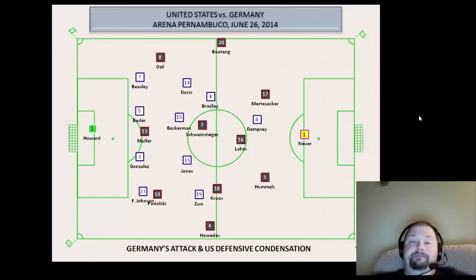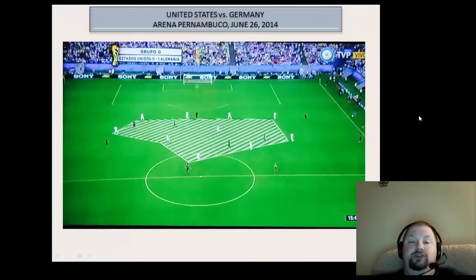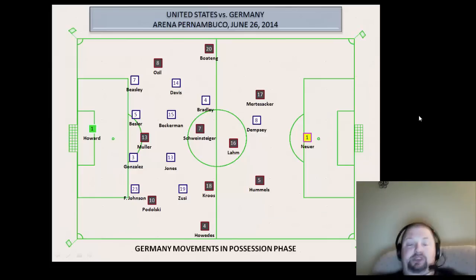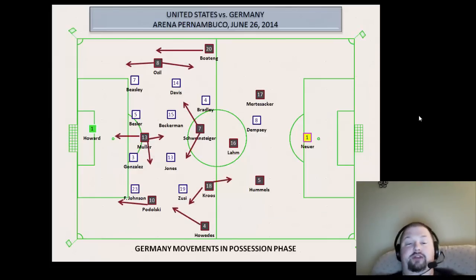So you have to give the U.S. kudos as far as keeping the score manageable, keeping the game tight, not letting it get out of hand. This is just a picture that Kartik Krishnaiyer put up on the site today, Thursday, that basically shows how tight the U.S. formation was. And so let's just put up here, I wanted to show Germany's general movements, especially from their attacking